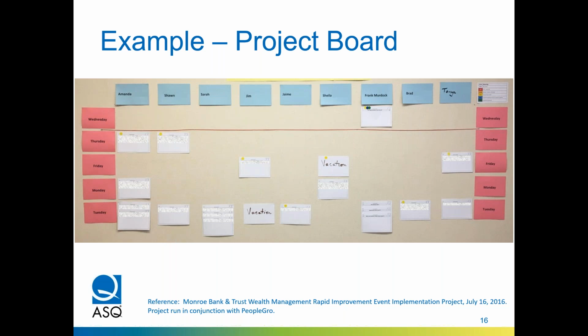The other feature of the project board is this horizontal line. This is kind of like the vertical line you see in Microsoft Project, but this one happens to be made of red yarn. And it's moved every day by the project manager. So you can show whether this project is ahead or behind or on time by just looking at the cards above the line, and are any of them